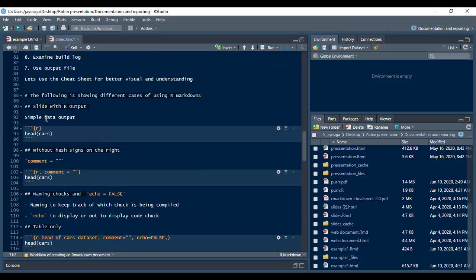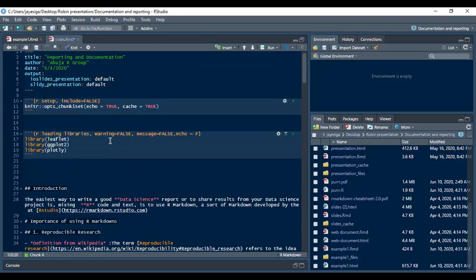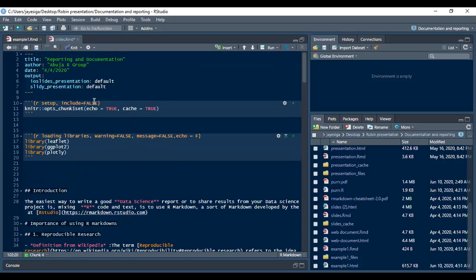Then here again, this is code. I showed you this. Now remember that most of the things here are catered for in the global options. But again, remember I said if you want to remove the hashes, you can use the comment option. Now this is where you pass on the comment. But for me, I would prefer, for all the tables, not to have them with all the hashes. So I'll just put it above here,